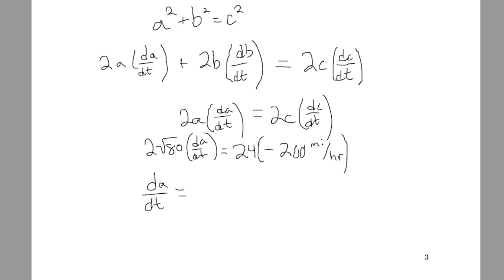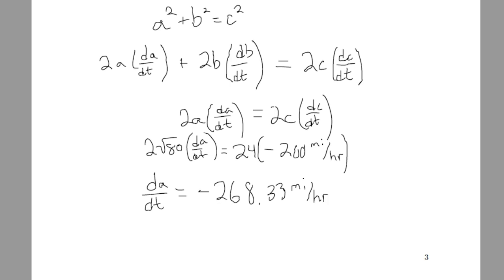We have negative 200 times 24 on the right side. We'll divide by 2, and we'll divide by root 80. And according to my calculations, we have negative 268.33